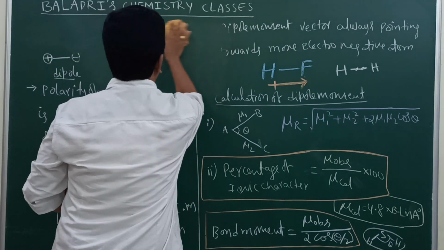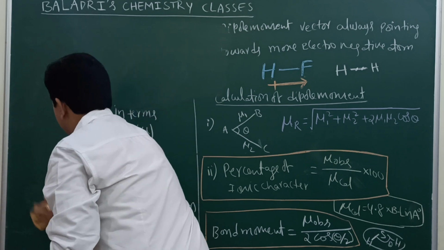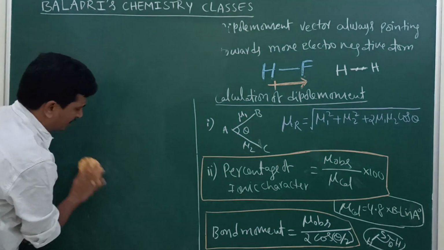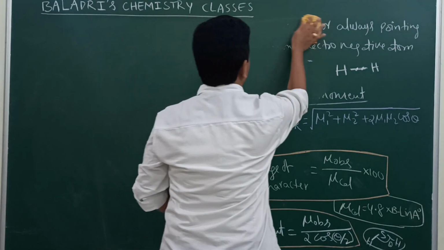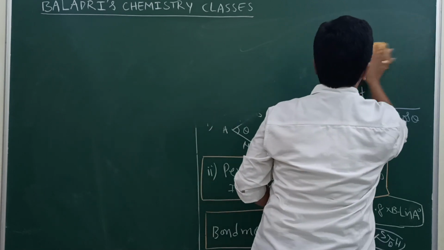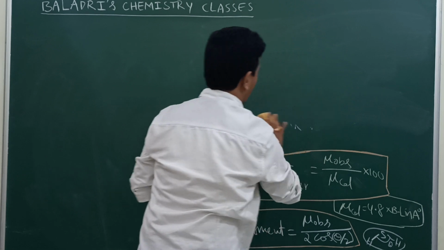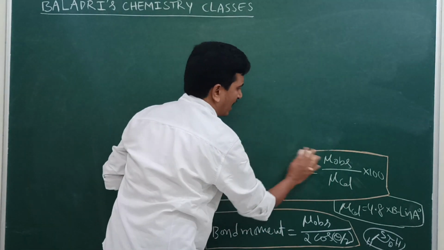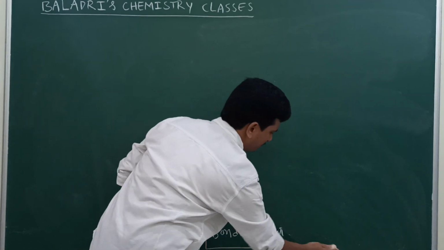Most of the time they will ask you, among the following, which molecule is polar and which is non-polar. If a molecule is more polar, it can be more soluble in water, and a molecule which is more polar will have a higher critical temperature value. In the states of matter chapter they will ask you which molecule has the highest critical temperature. The highest critical temperature will be for the molecule which has the highest dipole moment.